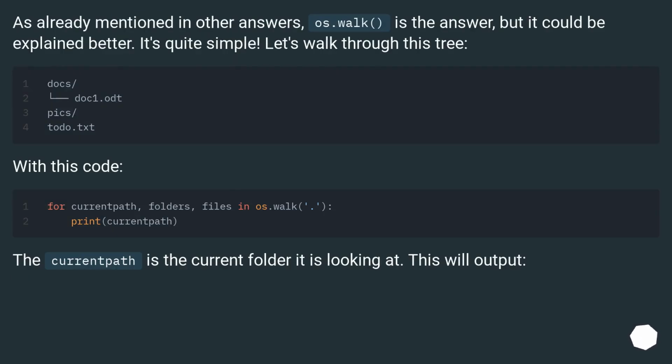As already mentioned in other answers, os.walk is the answer, but it could be explained better. It's quite simple. Let's walk through this tree. With this code, the current path is the current folder it is looking at. This will output